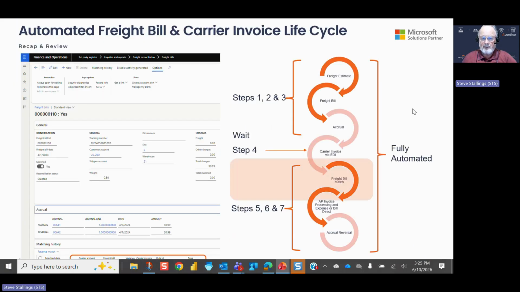At this point in the process, we are now through the freight estimates and the freight bill collection, the accrual to give finance visibility into what the outstanding accounts payable values are going to be unless they're disputed, and then the carrier invoice importation via EDI. We're now at the point of matching those freight bills automatically. And as we mentioned previously, all of the steps in this process are fully automated. There are no manual steps at this point until we get into some of the reconciliation in steps 5, 6,